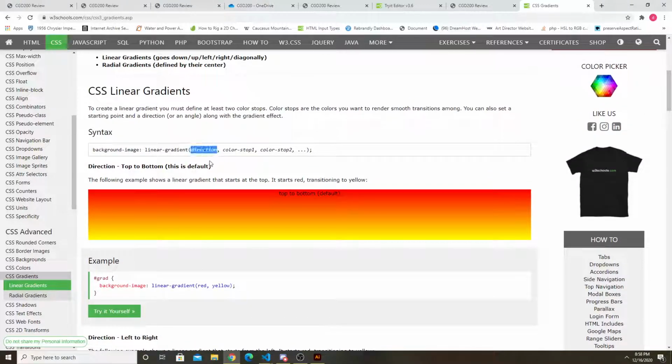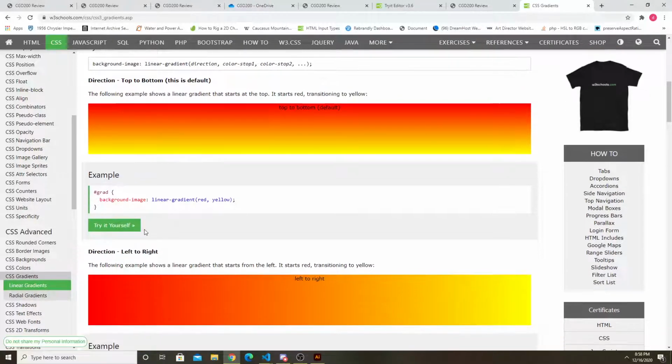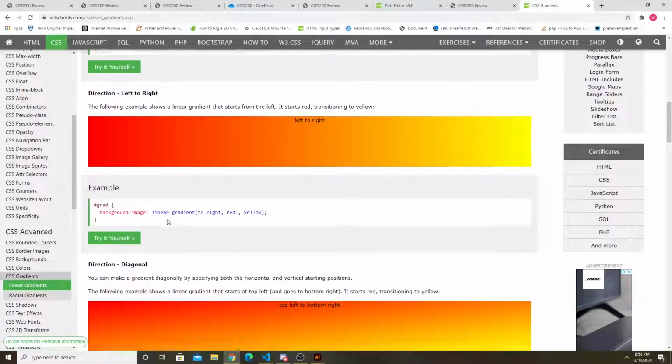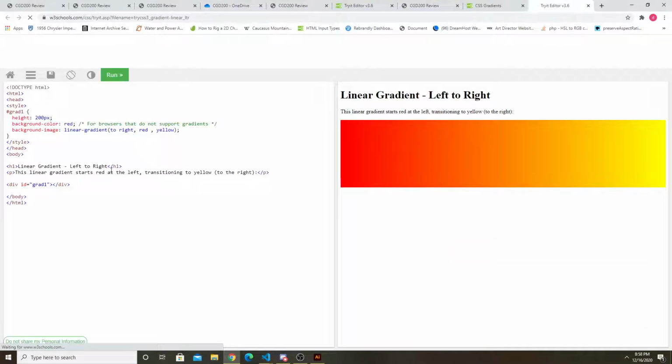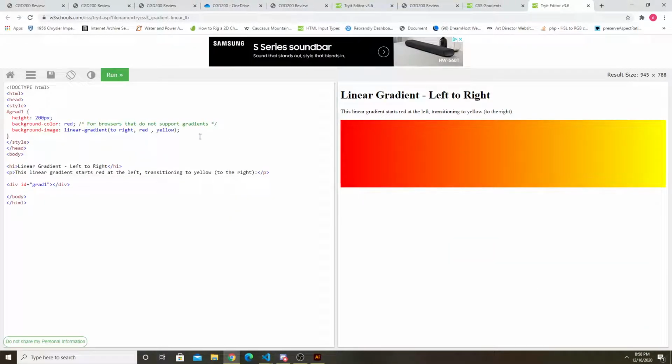So you need to put the direction, color stop 1, color stop 2. So it would look like, for example, this one, it's going from left to right. So it says background image. You could just say background. It should work the same. Background, linear gradient, to right, red, yellow. So if I didn't put the to right,